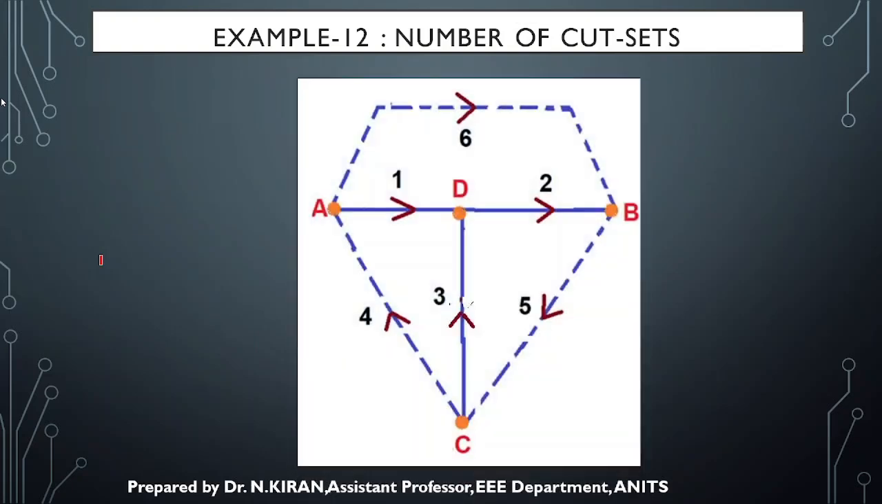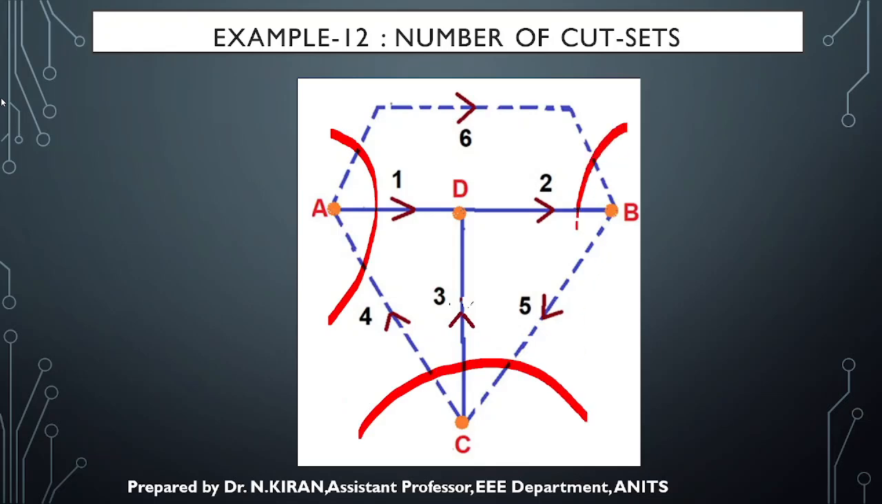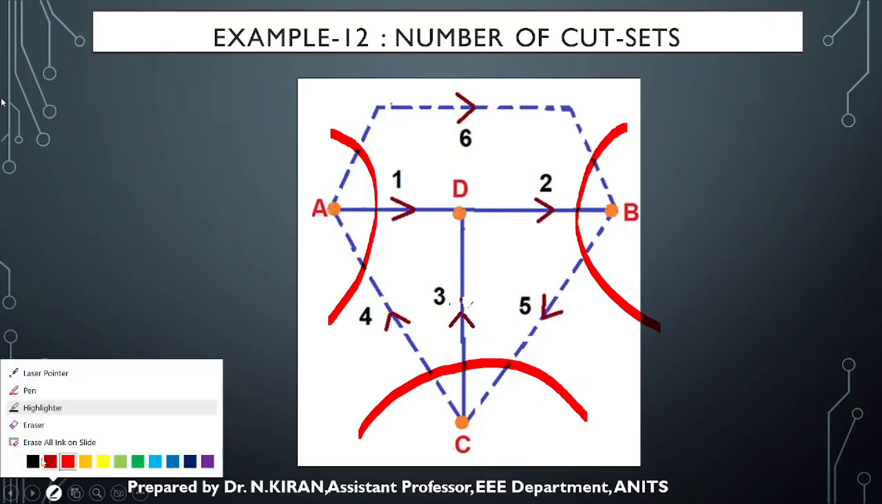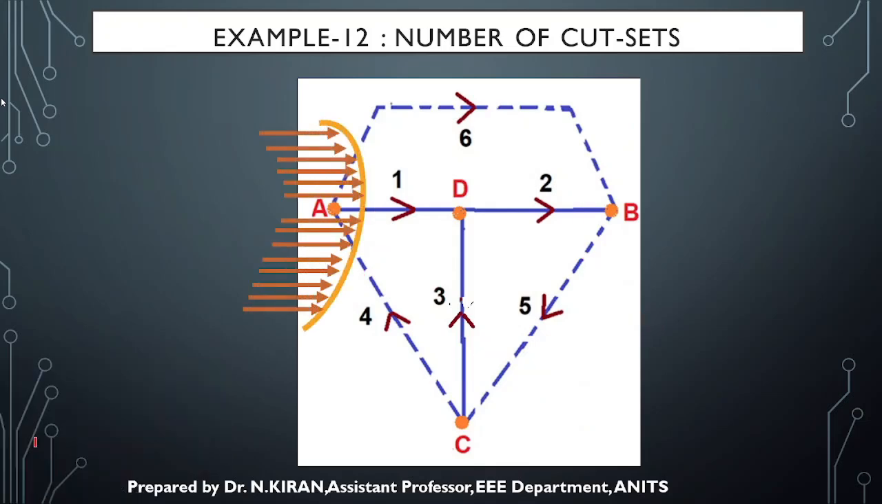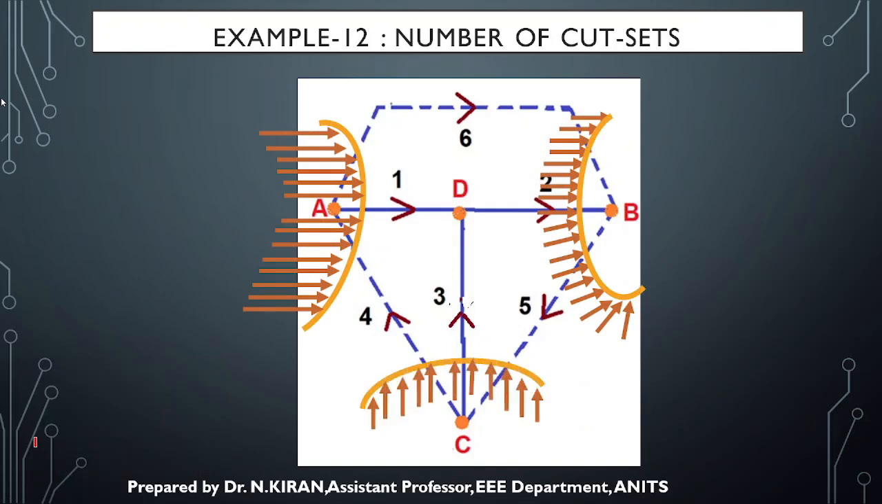And for the cut set matrix, you know that this one can be considered as one cut set, here one more cut set, and here also one more cut set. So these are the three cut sets that I can consider. And the direction, as you know, should be the same as the twig direction. Assuming the cut sets to be C1, C2, C3,